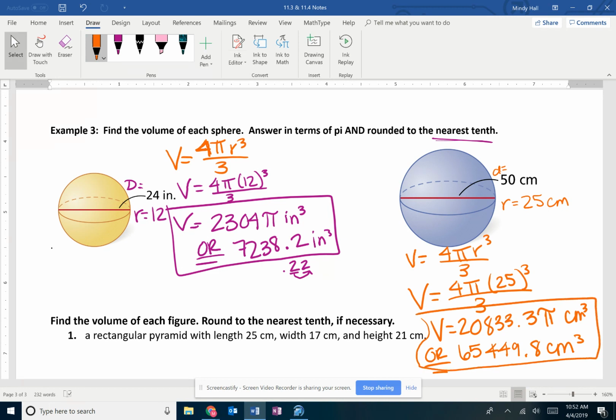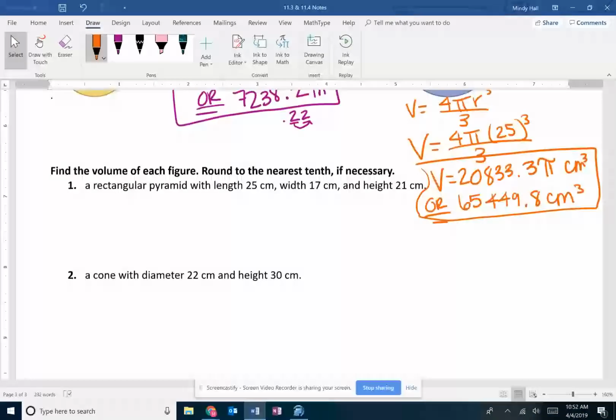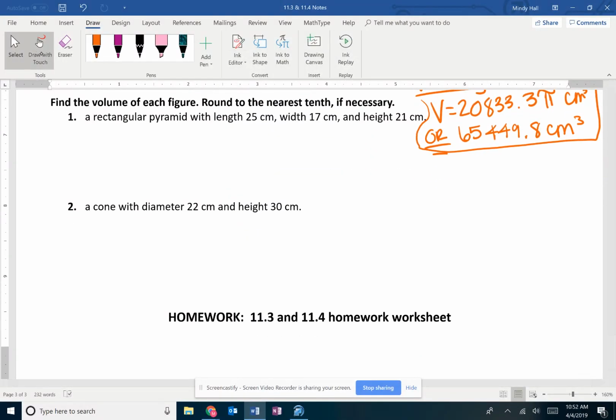Okay. For these last two, it's just a rectangular pyramid. So if you want, you can draw yourself a picture. For some people, it might just help to have a visual, and this is not going to be a pretty one, but we'll work with it. So with this rectangular pyramid,